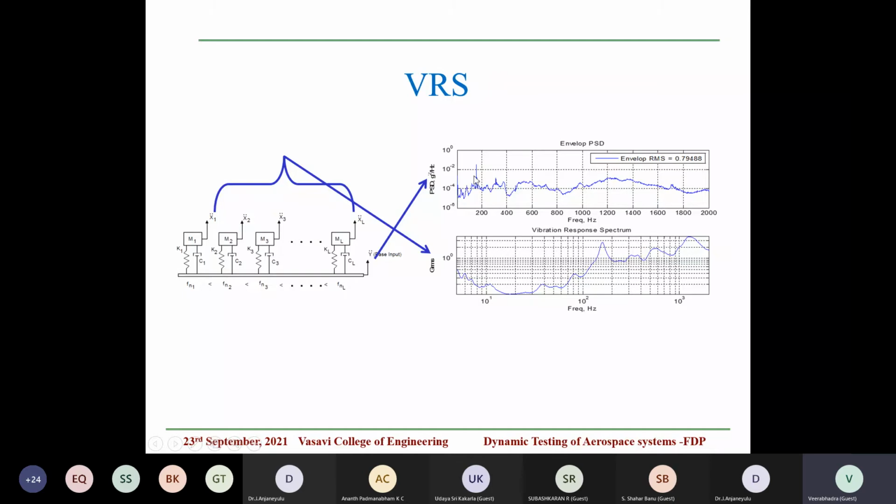So if you plot all natural frequencies versus their peaks, that is called the vibration response spectrum. Why we are using the vibration response spectrum is, in actual flight, if you get the data and directly put an envelope of that and then test, you are going to over test. That is what we call the traditional method. Instead of that, you convert into the vibration response spectrum method and then use it. You will have a better advantage.